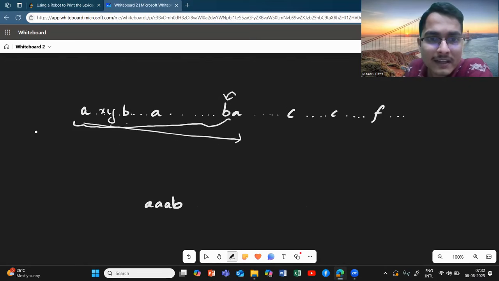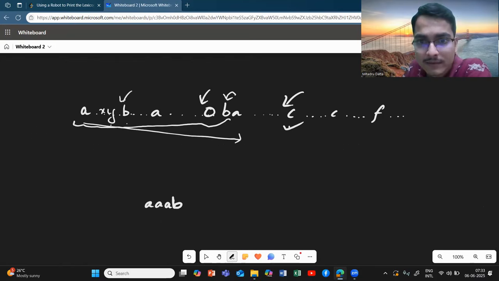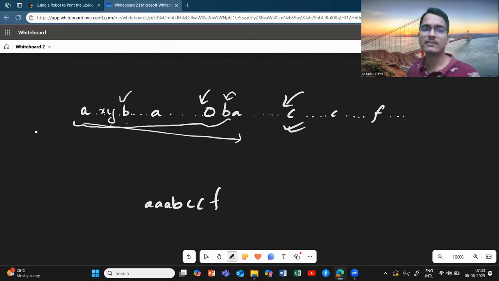Now, since here is some larger character, I cannot take this B, because in order to take this B, I need to take this larger character also, right? But I also have C in my front. So I will take C first. So I have C, then again I go for this C, then again I go for this F, and so on. I just do it. And once we are done,